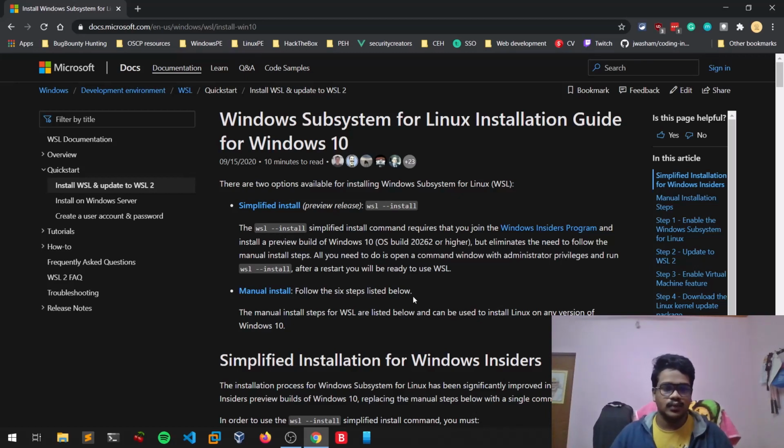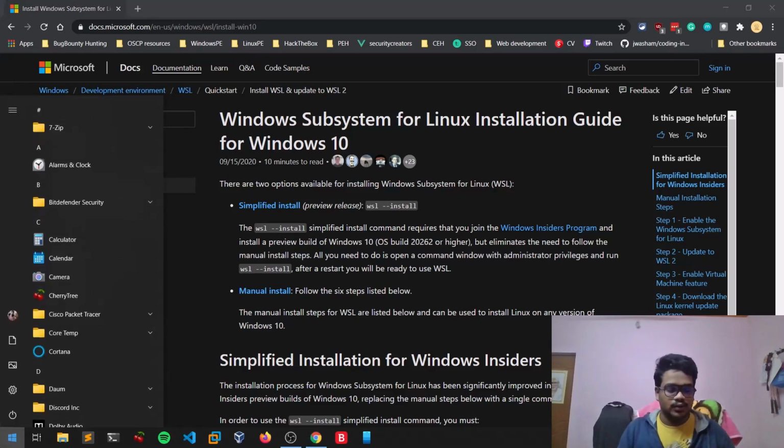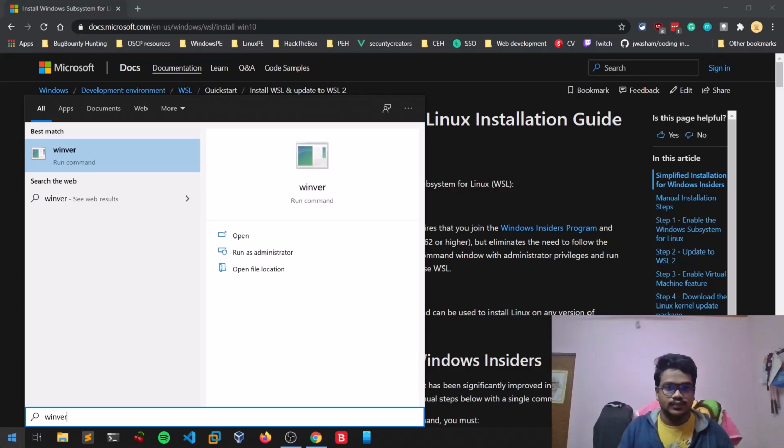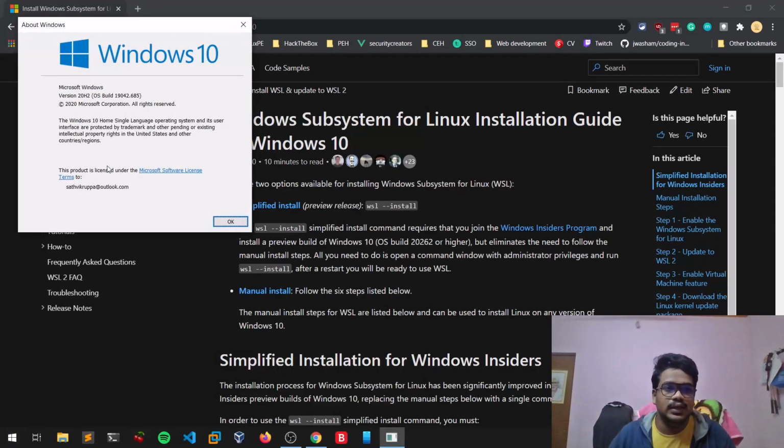You can check your Windows version by clicking on the Windows icon and searching for winver. Here you can see the version. Right now I'm using the latest version, which is 20H2. But if you have anything above 2000, like 2004 or anything else, it will work fine. Having the latest version is recommended.